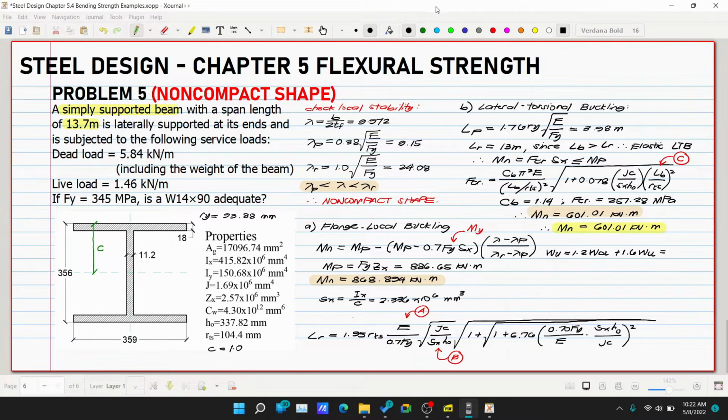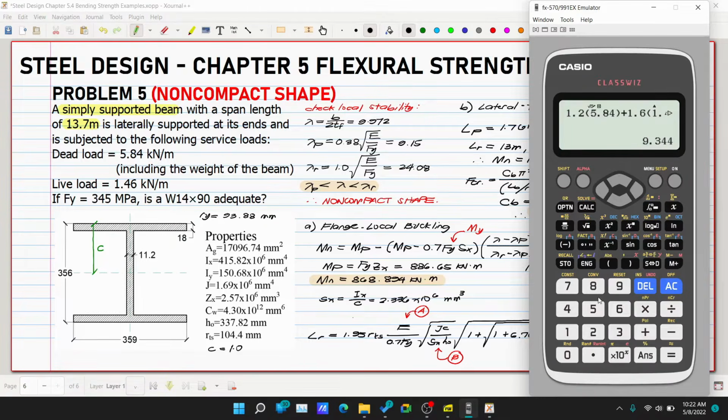So this is 9.344 kilonewton per meter. So therefore, ang ating MU is WU L squared over 8. So 9.344 multiplied by L, which is 13.7 squared over 8. So this is 219.222